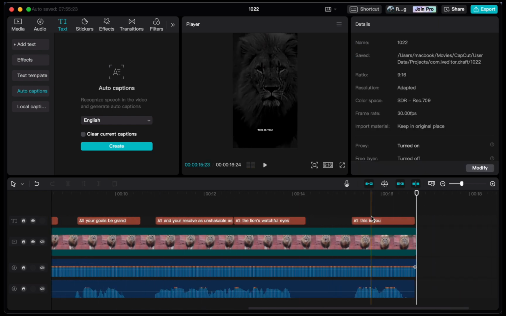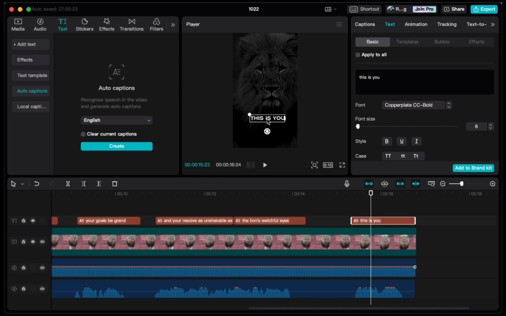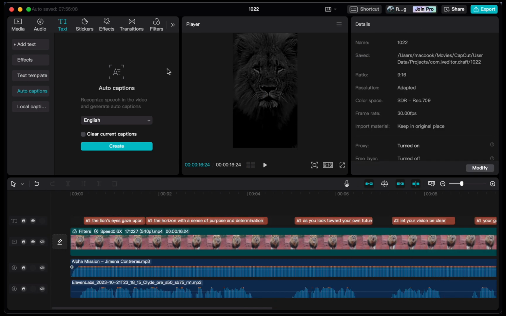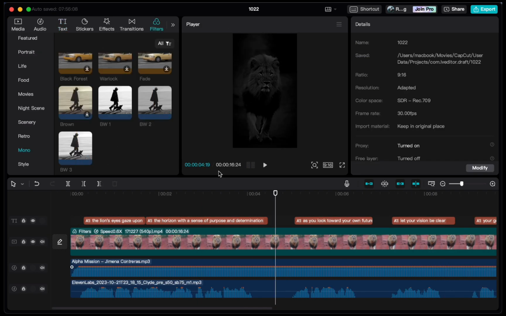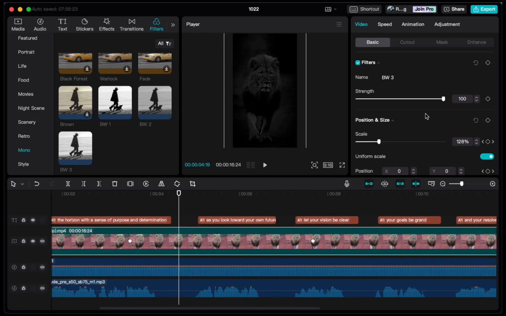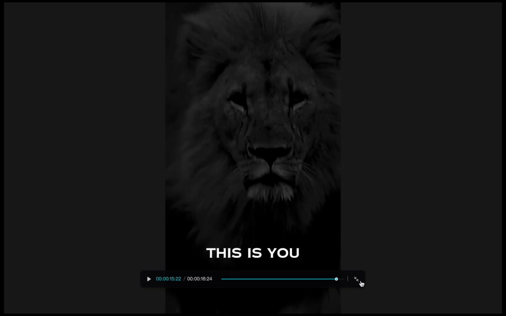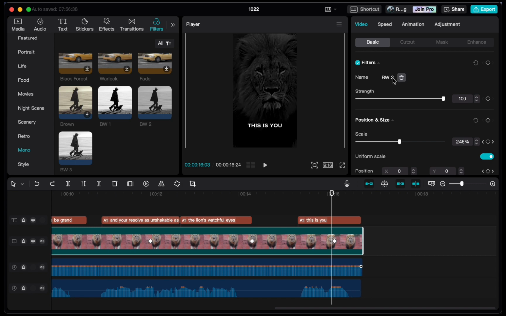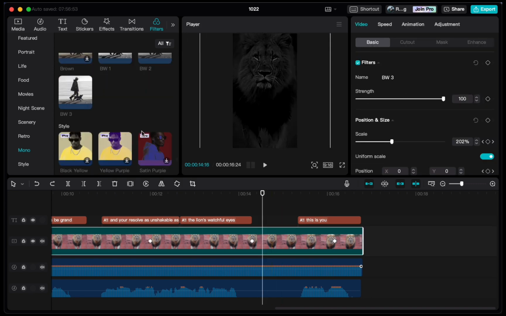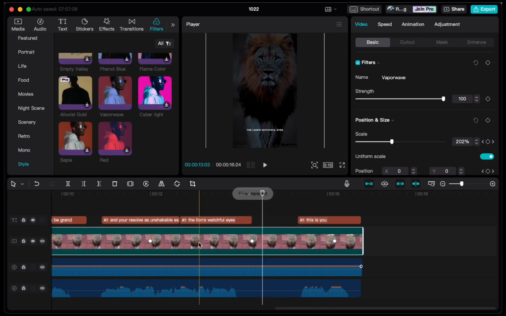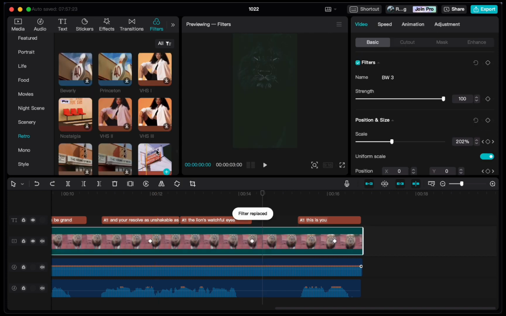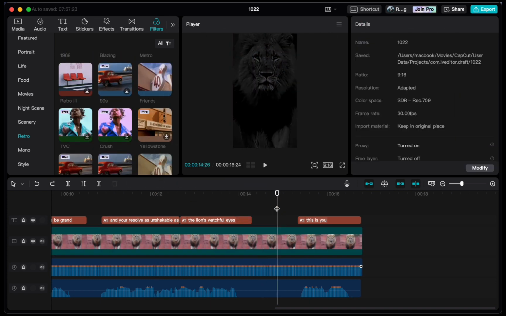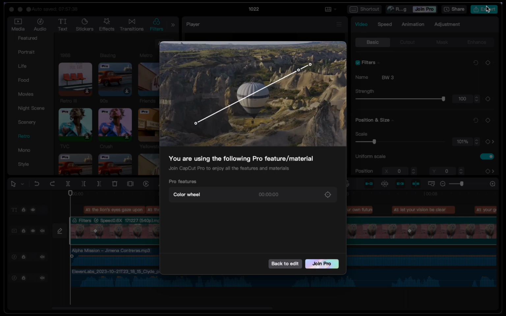For a seamless viewing experience, it is crucial to include captions in your video so that viewers can follow along even without sound. Many editing software options provide an auto captions feature, just like the one I am using at the moment. With this feature, all you need to do is click on auto caption and it will generate captions for your video. You can then customize these captions to create a visually appealing word-by-word display that syncs perfectly with your narration.